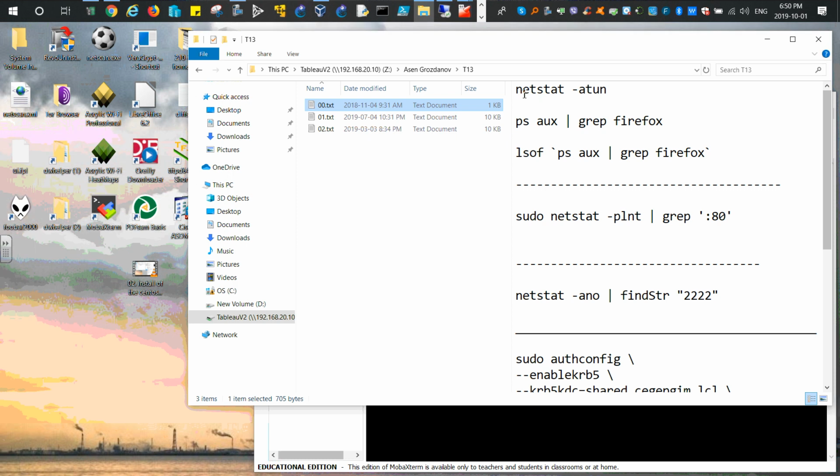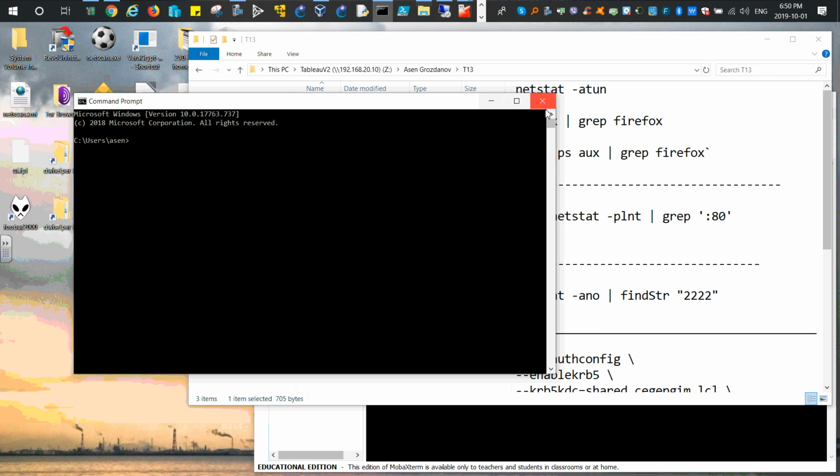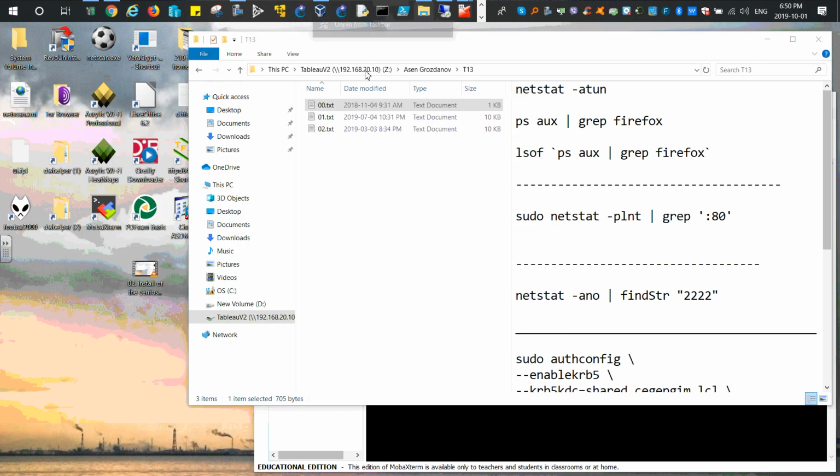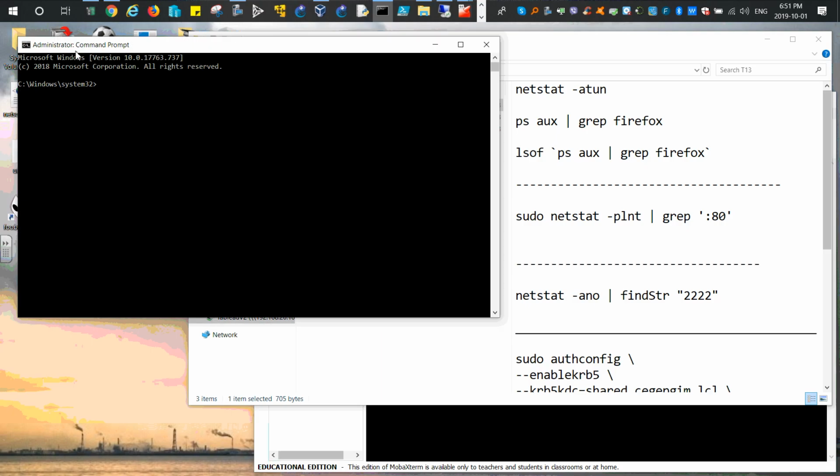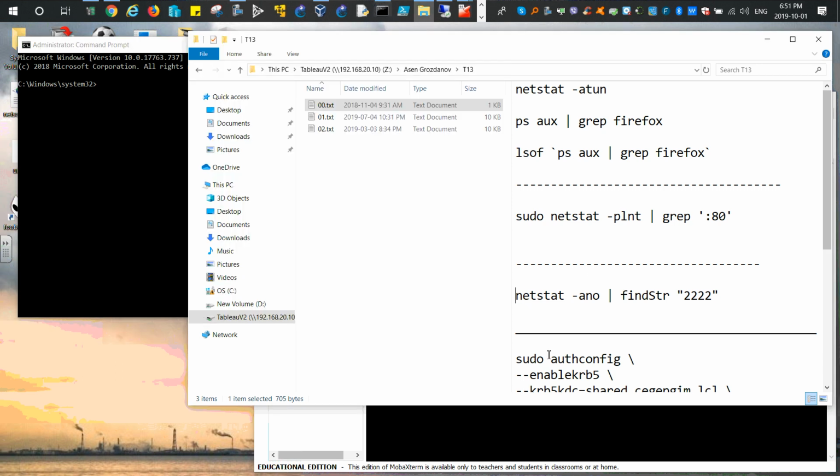So for Windows, that's the command I need to do. Let me see. The Windows actually is this one. Okay, so I need to open my CMD. I need to open it as admin actually. Right click, Control Shift and click on it. And now it will start as administrator. Okay, and I need to copy this command here, which says netstat -ano | find str